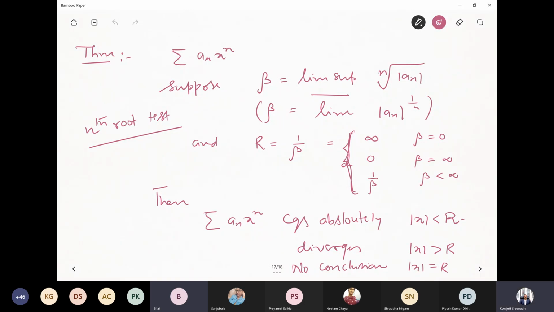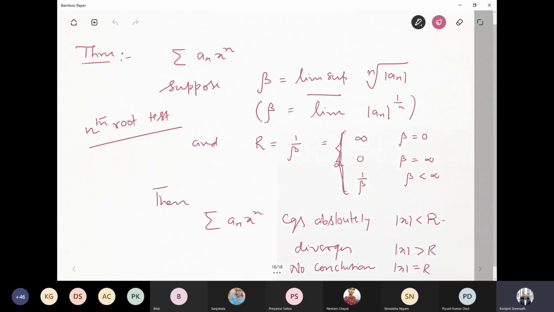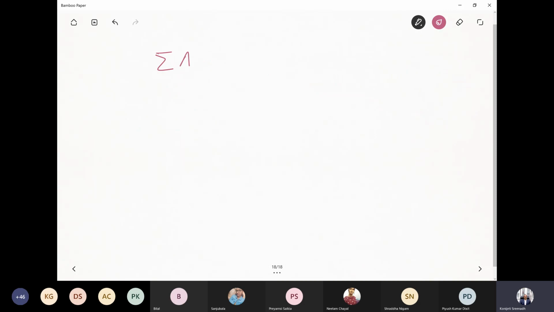No, that is for the series, right? This is for the power series. Okay, let me tell you what it is for the series. So if I take a_n, the series of numbers, and then you look at the lim sup of mod a_n power 1 by n,